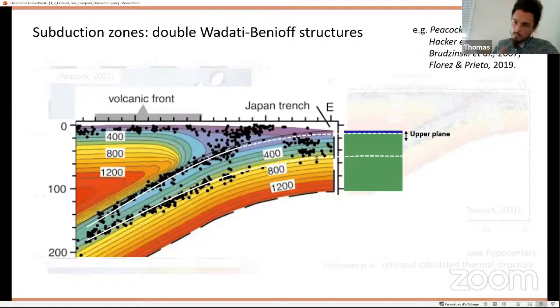The upper plane, I will talk about it later, is very close to the oceanic crust, if this exists, or at least the uppermost mantle. And it's very close to the subduction interface. So that's why it's easier to imagine that earthquakes occur there, which is not actually that